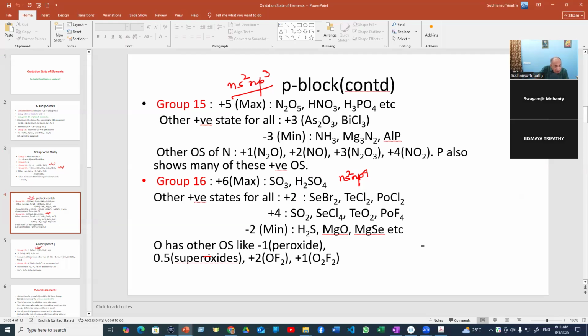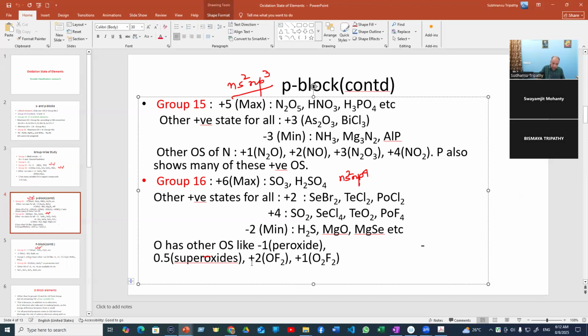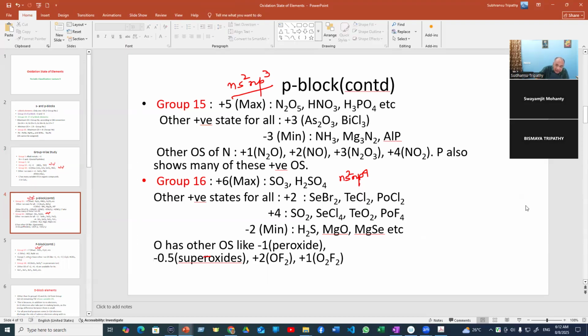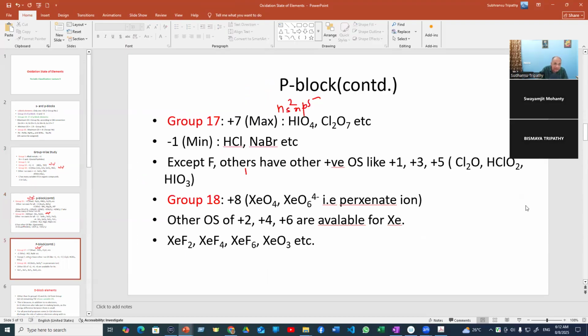So there are intermediate plus 2 and plus 4 besides max and min. Oxygen has other oxidation states also. Minus 1 in peroxide, minus half in superoxide. It should be minus half. Plus 2 in oxygen difluoride, plus 1 in dioxygen difluoride. That you know. P block